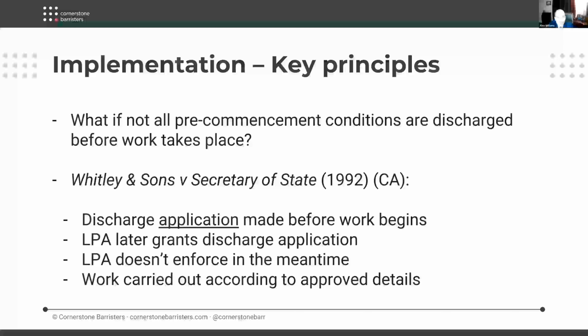But there is an exception to that principle, which is spelled out in Whitley and Sons and the Secretary of State. In certain situations, even though work takes place in breach of a pre-commencement condition, it may be irrational for the LPA to enforce against the developer for carrying the work out in breach of condition. And if 4 conditions are met, then this exception under the Whitley case arises.